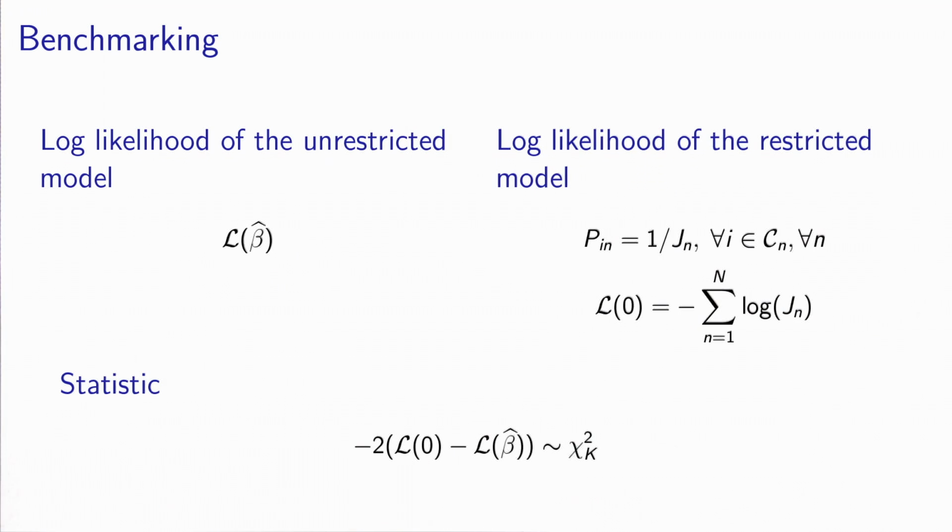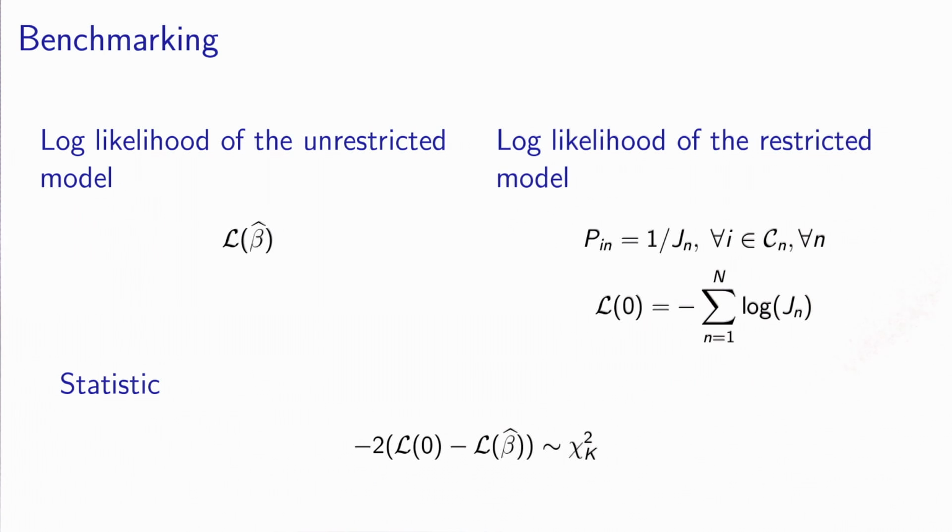So we compare the final log likelihood of both models. On the left, you have the value that you have estimated from your data. You obtain the final log likelihood of your model. And on the right, you have the equal probability model. So for each observation, the model is predicting 1 divided by J_n as a probability for choice because it's equal probability. So you can calculate the log likelihood of this model by calculating minus log of J_n for each individual and summing up over the sample.